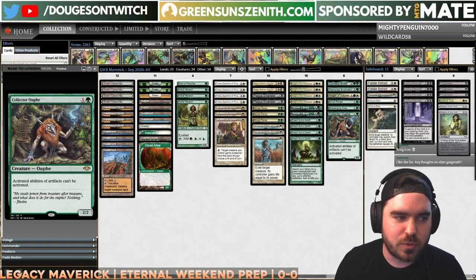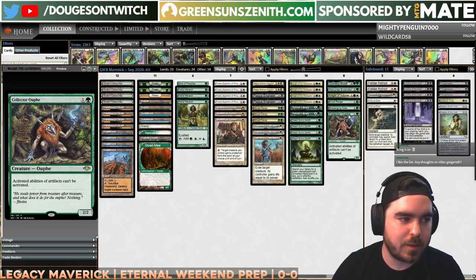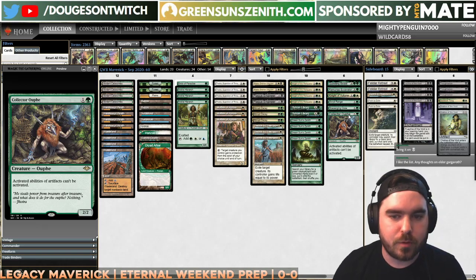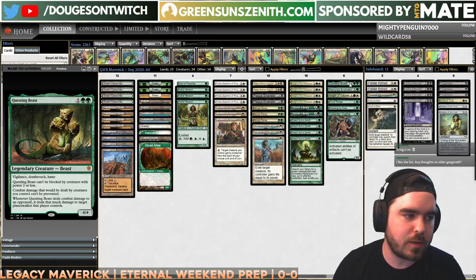Elder Gargaroth is an interesting one. I didn't think it would see Modern play because it doesn't do anything when it comes down, but it does. I kind of think about the same thing in Legacy. The big issue is that if I was going to play something like Elder Gargaroth in Maverick, I would want to play it as a top end instead of something like Questing Beast, and it's just so hard to cut Questing Beast because